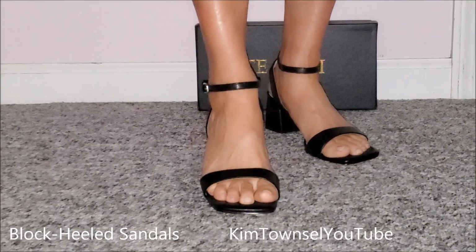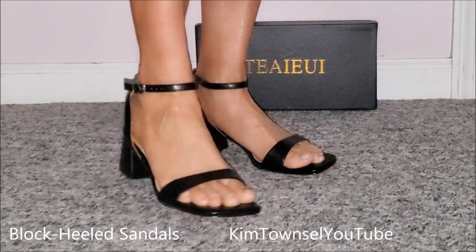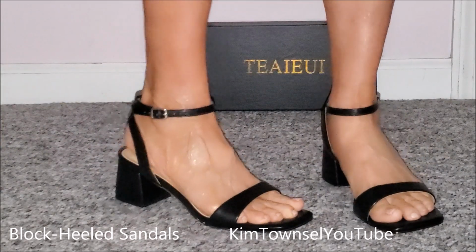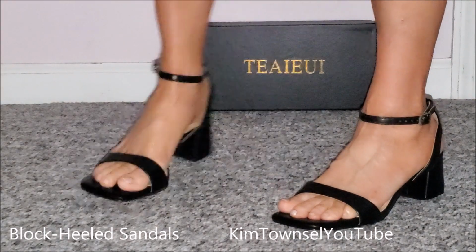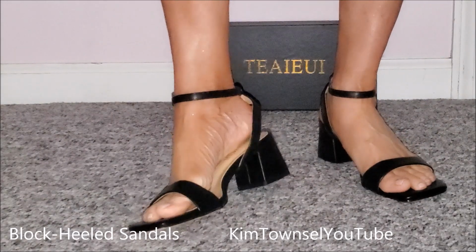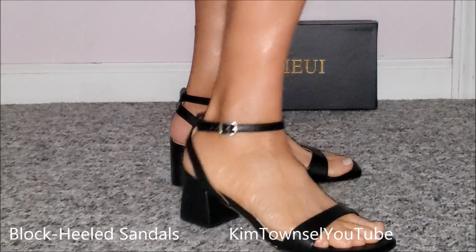Here are the black strappy sandals. I like these, and they're very comfortable, but I actually think I like the silver ones a little bit better. I do have to wear a black dress on Friday night, so I'll wear these with that and wear the silver ones with the long blue dress. These are super comfortable. The heel's a little bit lower on these. The straps are a little bit loose,